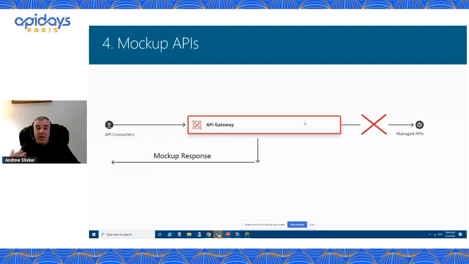So this mockup API capability built in automatically into the API gateways gives again tremendous advantages and benefits to API